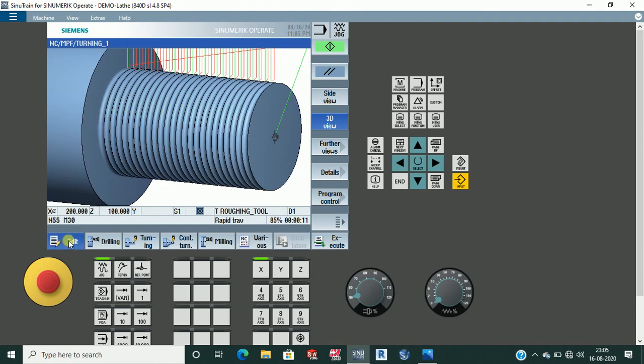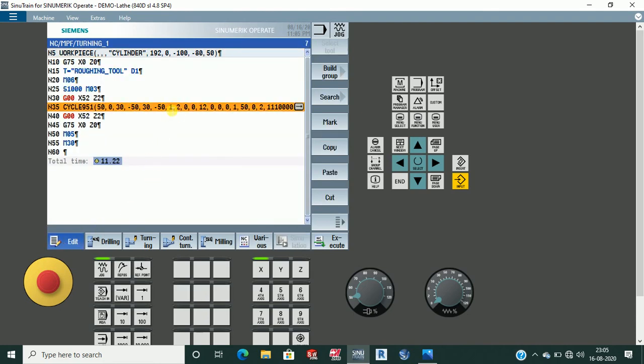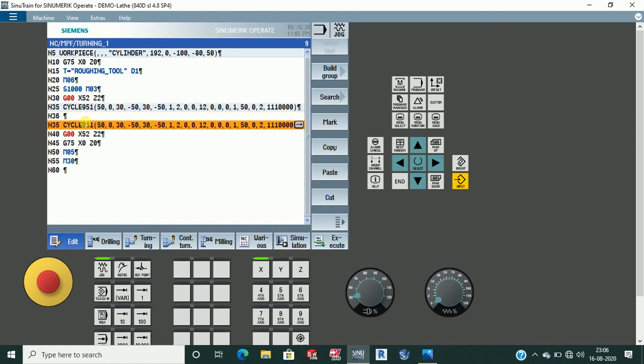If you want to give the finishing also, just click on this cycle and press enter. Now if you want to make a copy of this, I'm doing the copy, then put the cursor here and paste. It has been pasted. Now open this cycle by clicking here.